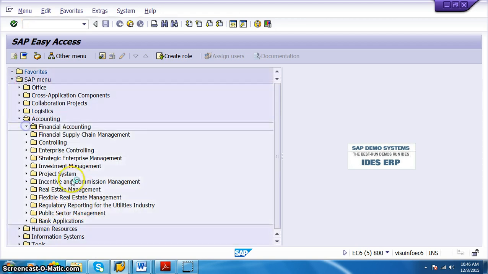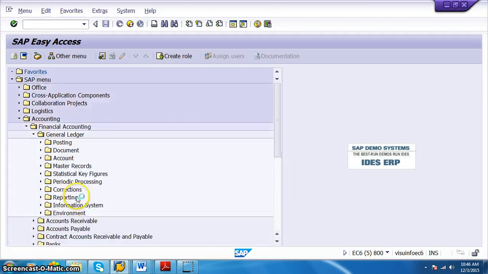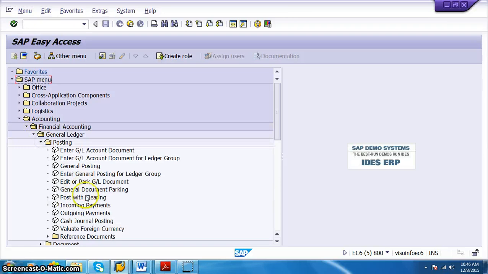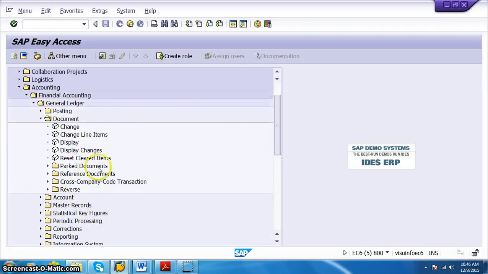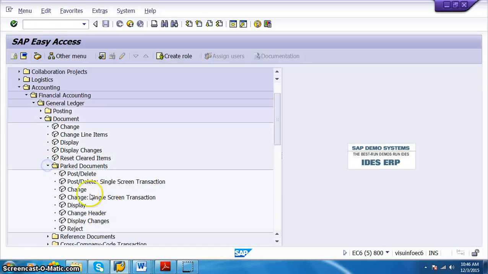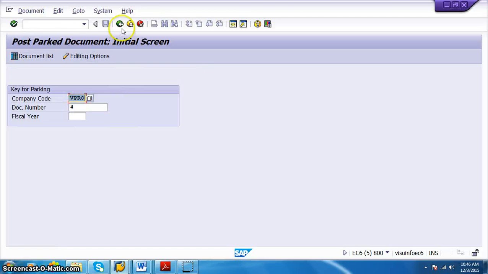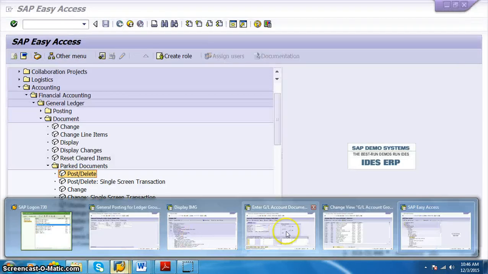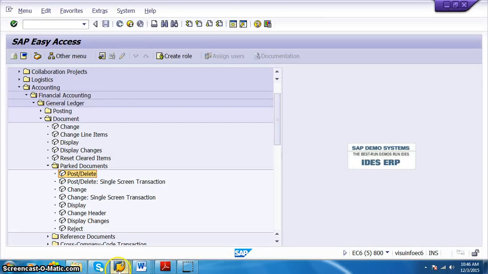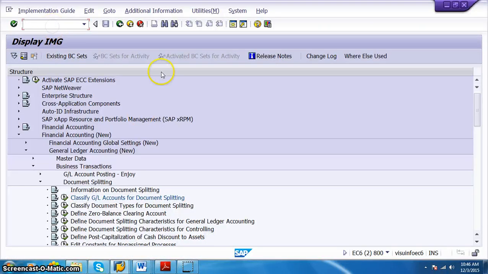Here we also have the navigation. For that we have general ledger. In the general ledger we have the postings, documents. In the documents we have the park documents, and post or delete the park documents. Even if you click the same thing, the same FBV0 transaction will come, or even if I go ahead and click FBV0 directly, the same thing will come. So here in this transaction of FBV0,